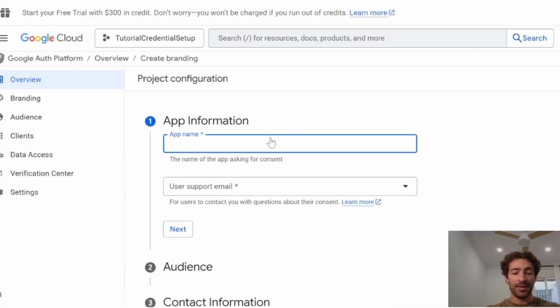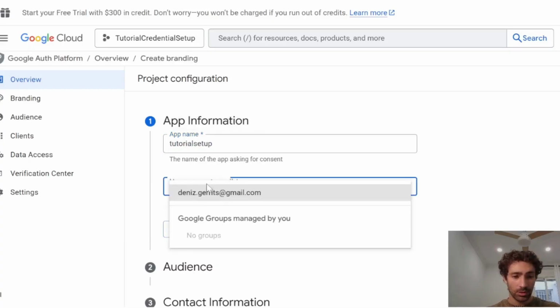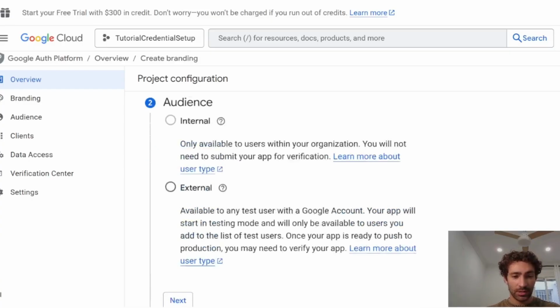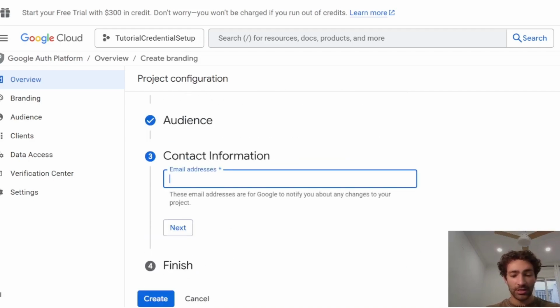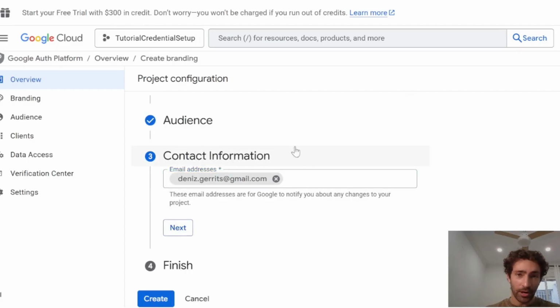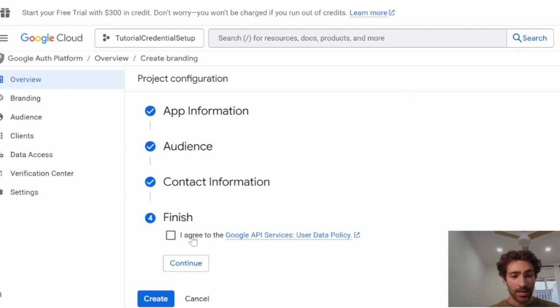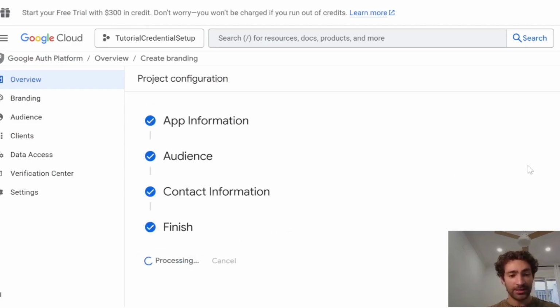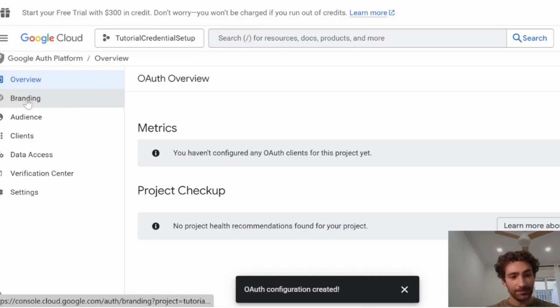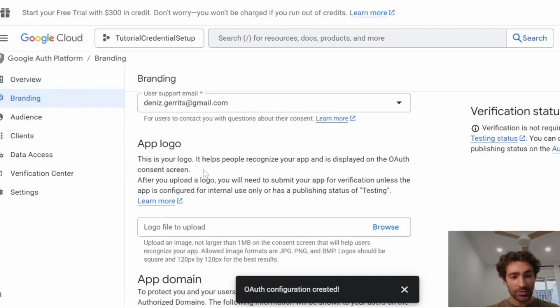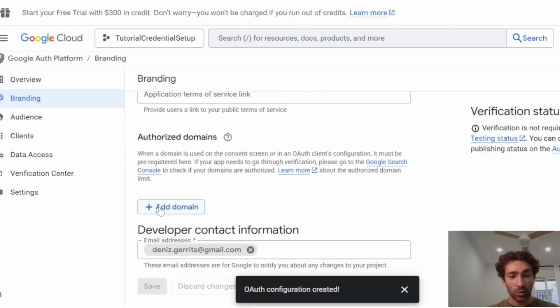We'll select the app name as tutorial setup. And then this will be my email address. Your audience will be external unless you have an organization email address, and then your contact email addresses. So this is again my one where I want to receive the information, and finish up and click create. Now we want to come to branding on the left,